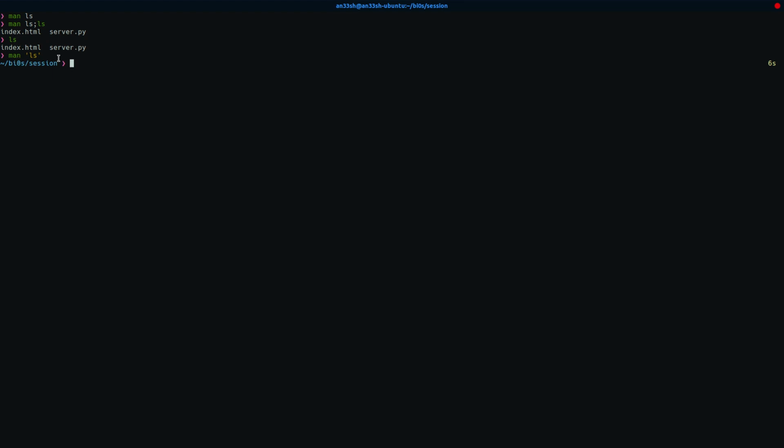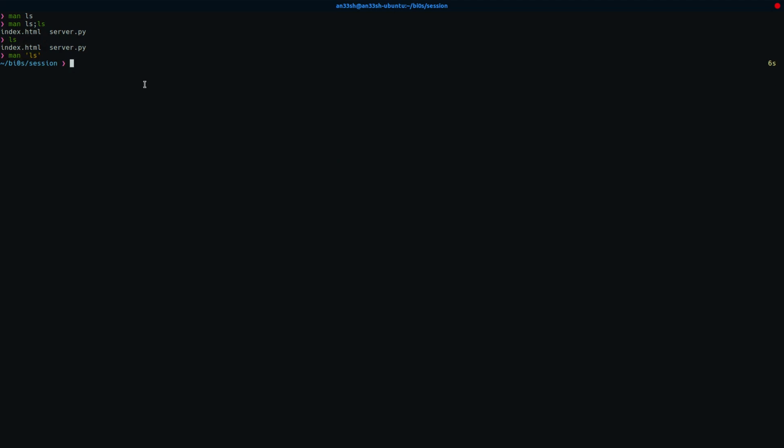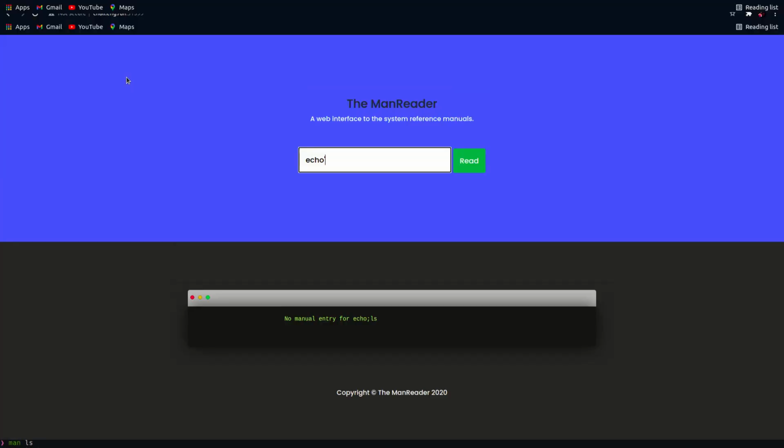So we can see if the server is running like that. If we enter a quote after ls, there will be two quotes at the end, like man ls and then we also add a quote, so the command will not be executed. So we get some error.